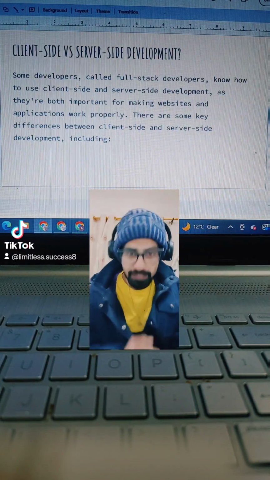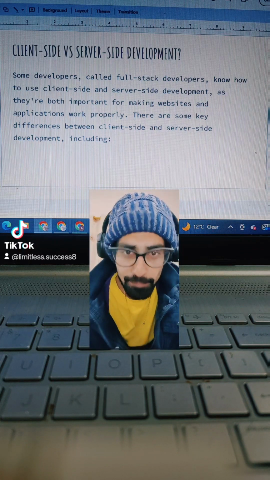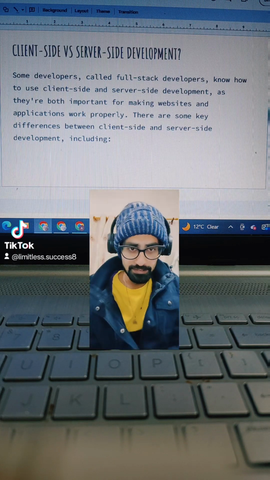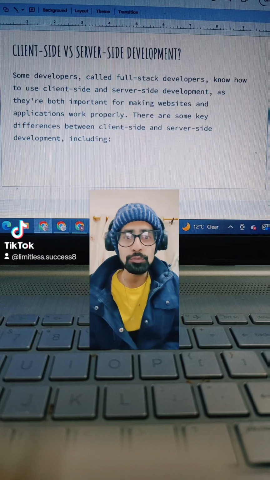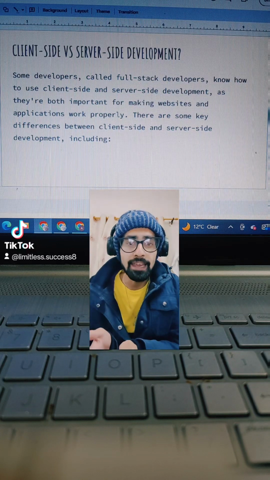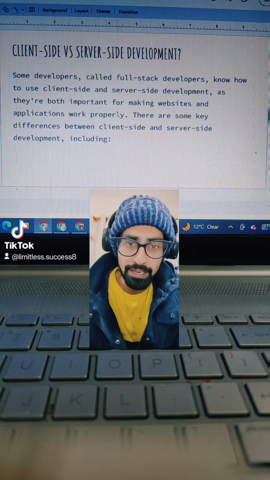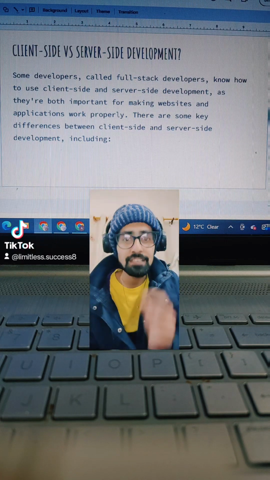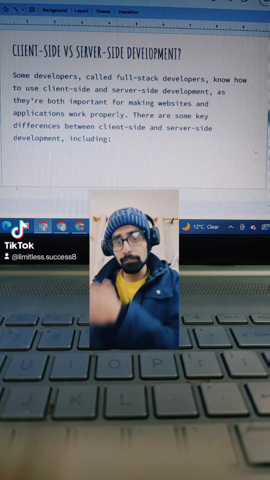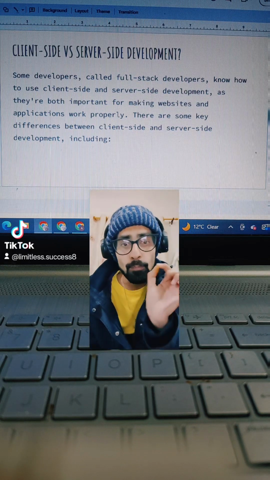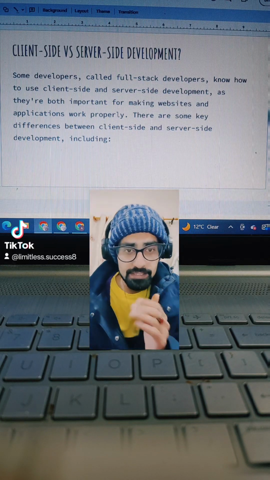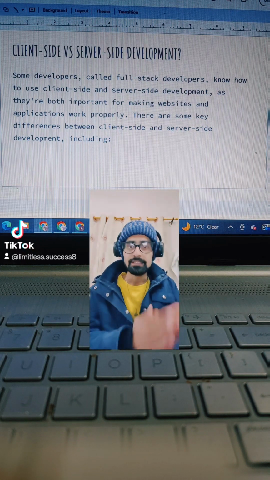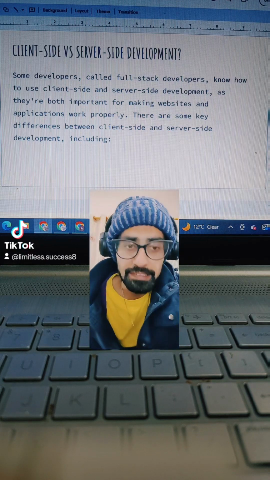Let's talk about client side versus server side development. Some developers, called full stack developers, know how to use client side and server side development, as they are both important for making websites and applications work properly. There are some key differences between client side and server side development, including